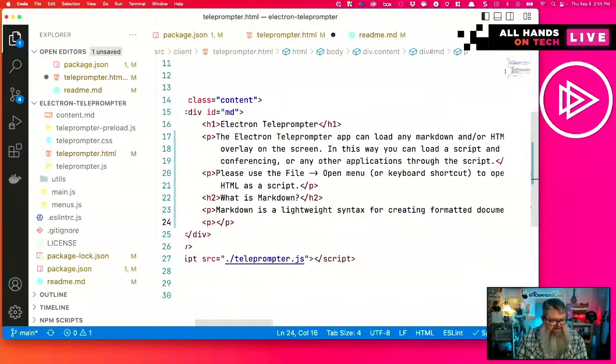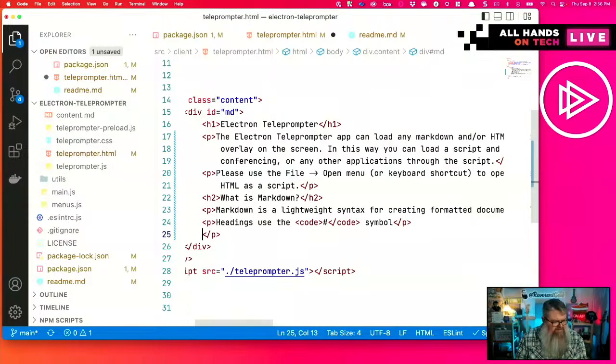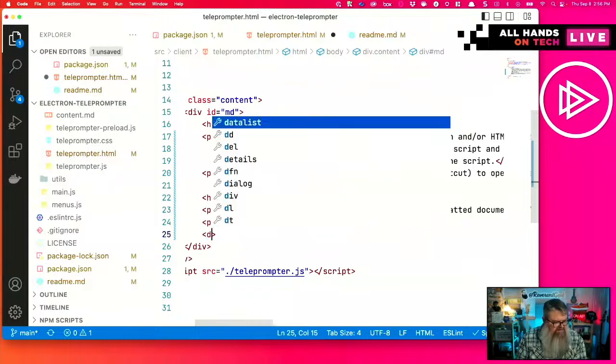For the purpose of this application, there's a handful of requirements or things to know. The heading, use the pound, see, code